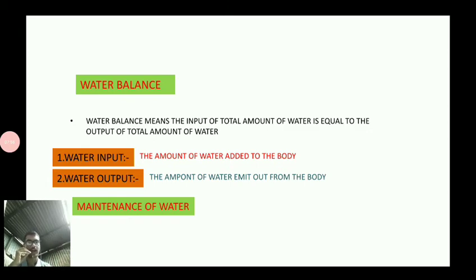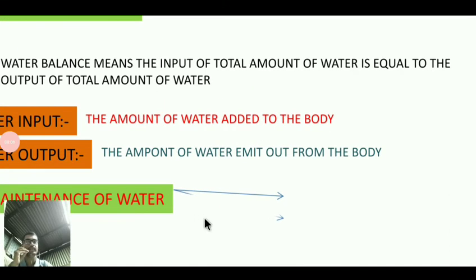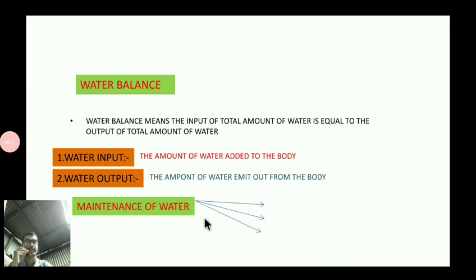Next I will discuss some factors which are responsible for maintaining the water in your body. Among them, the three factors are thirst, ADH, which is a hormone, and angiotensin 2. The thirst. What is the thirst? During the period of dehydration, our thirst center will activate and we drink water to make up the loss. And the ADH. During the period of dehydration, the thirst center is activated and the ADH secretion will also increase.